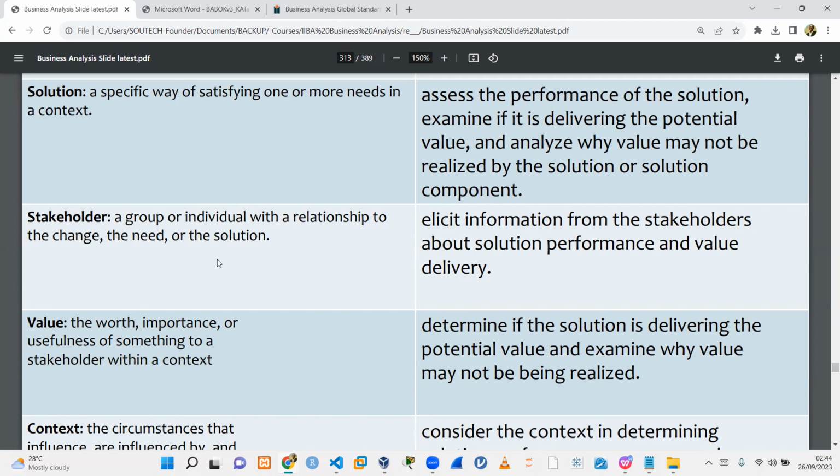Now you're going to see that there are different stakeholders that are going to be interested, are going to be impacted, are going to even influence this particular change to deliver value. Of course, the value is that we want to make sure that we have continued access to the facility. We want to have an increased distributor network, being able to come into the facility and pick up goods and go deliver. Now, in project management, we're going to be talking about interest, decision, influence, impact, and people that have a say. In BA, we're going to be looking at anybody that has a relationship to either the change, the need, or